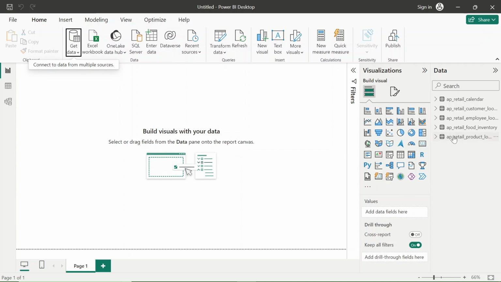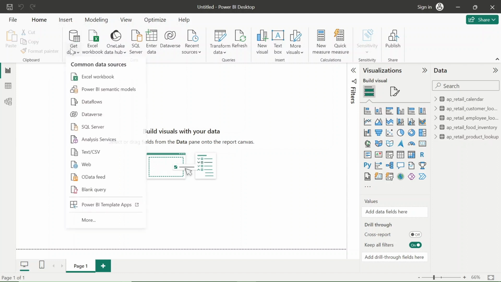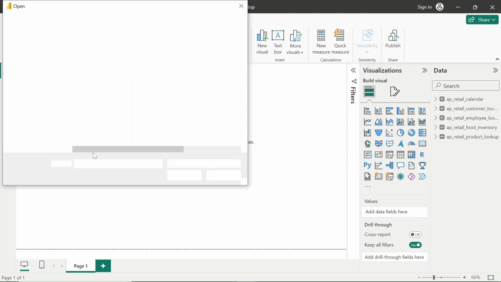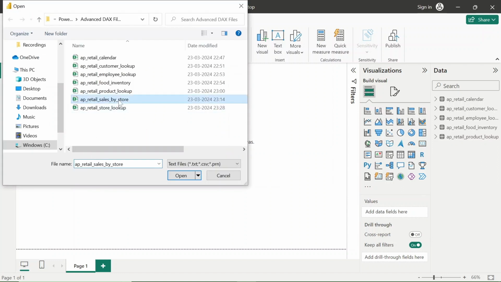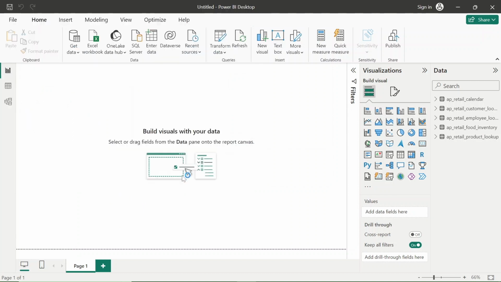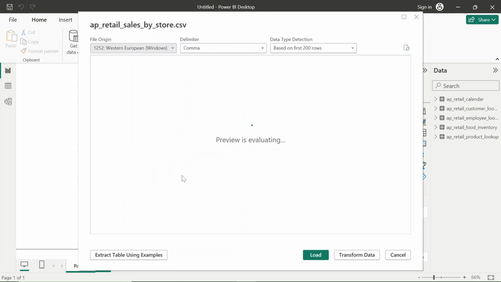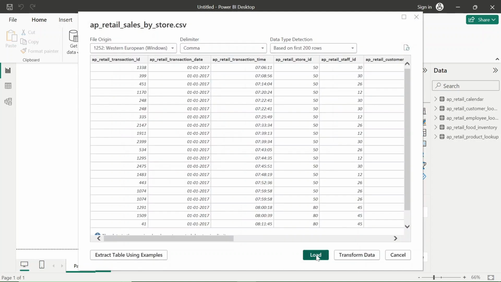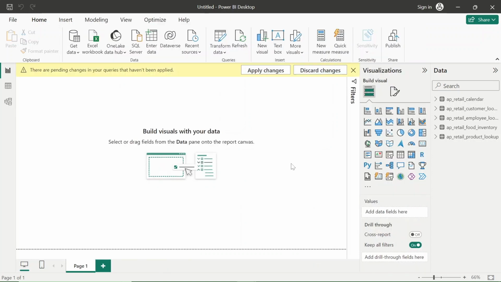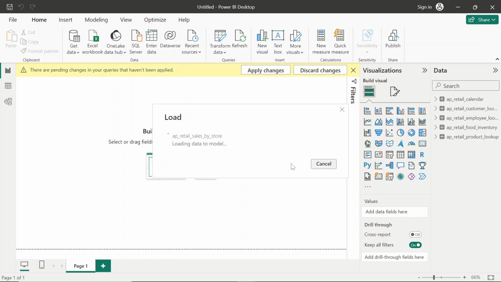So this is the data which is present in the form of a table. Now let's load another one. Let's load sales data. Data is being loaded.